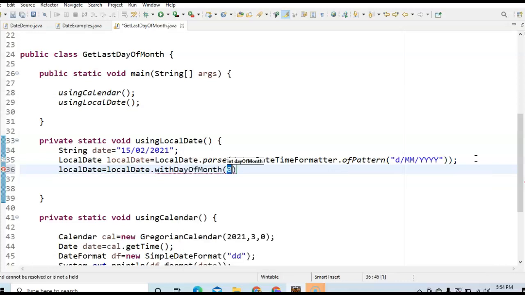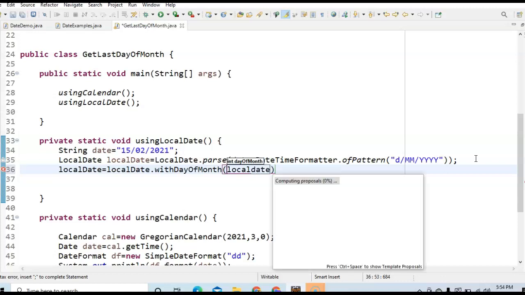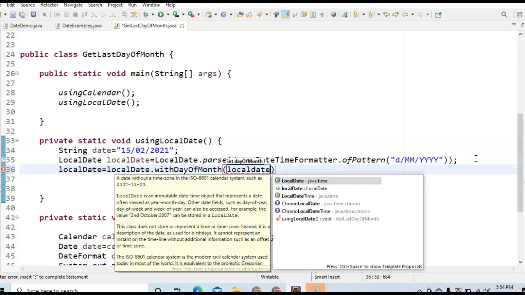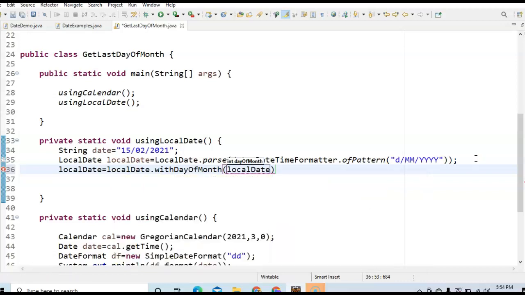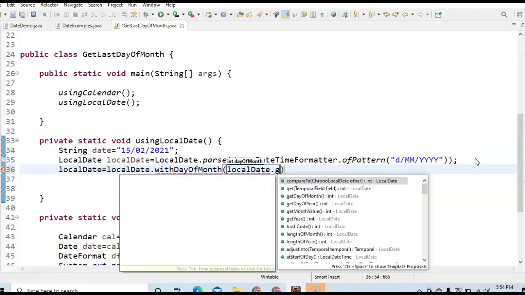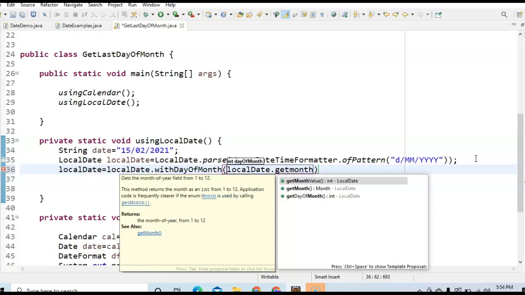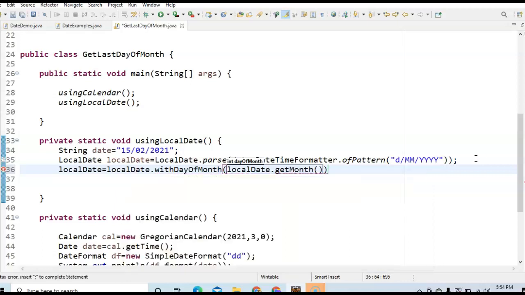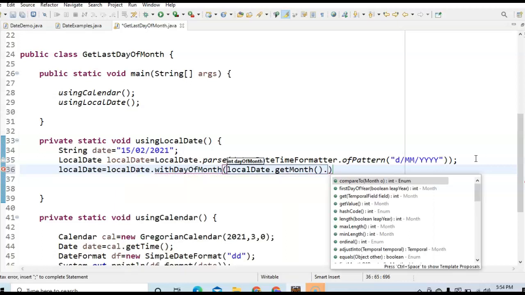To this with day of month, we need to pass the local date dot get month dot length. So I'll explain what exactly I'm trying to do here. Just say local date dot get month, and then we'll get the length.